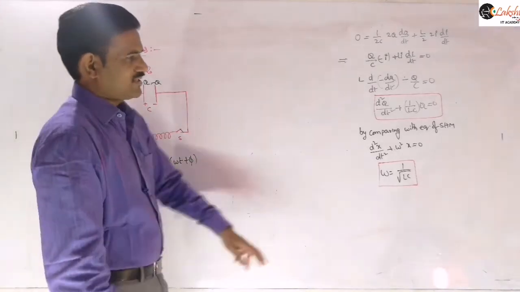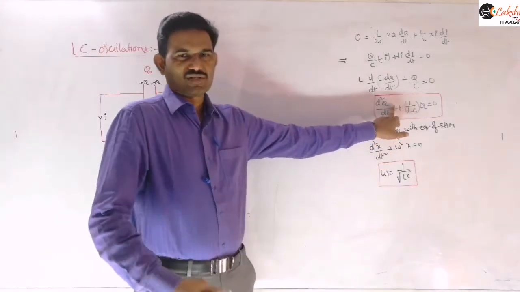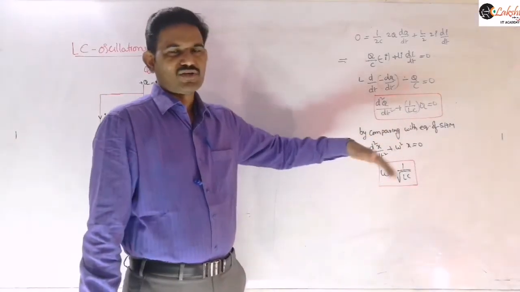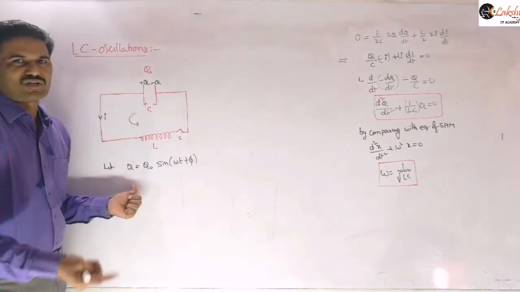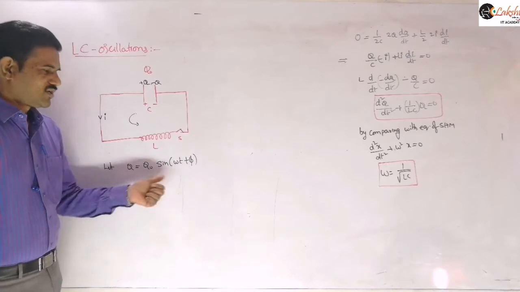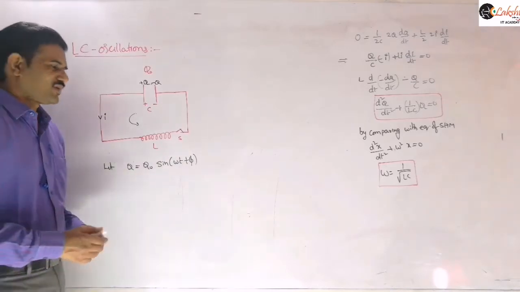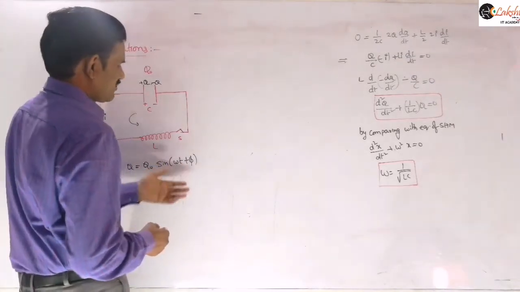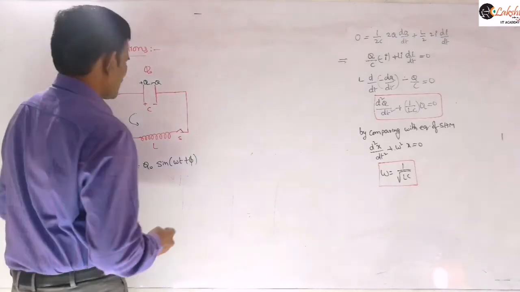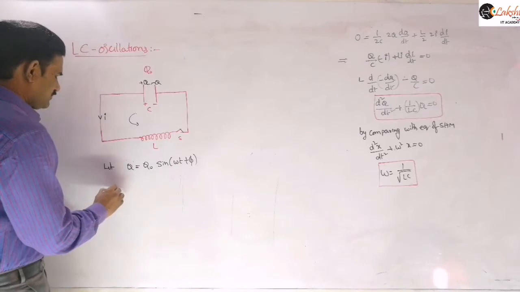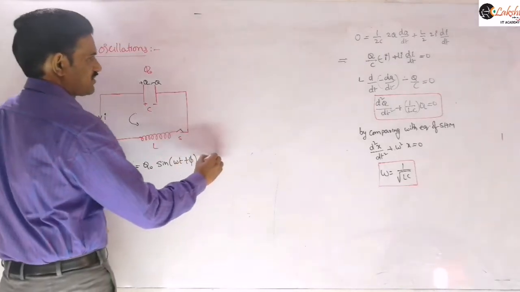Because here we are saying that the charge is executing simple harmonic motion, by comparing, that general equation we are taking here. In SHM our general equation is x = a sine omega t, so such a general equation I am taking here, where phi is some initial phase and omega is given by that expression. Now at t = 0. Let's suppose this is our equation 2.